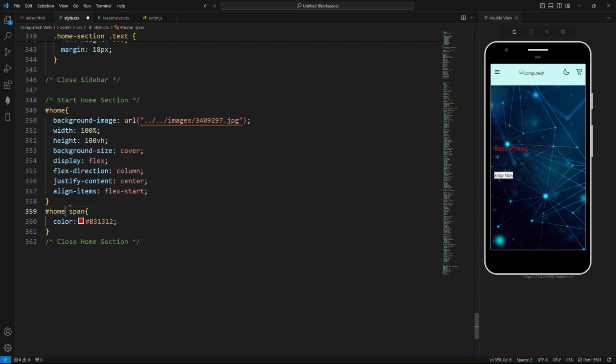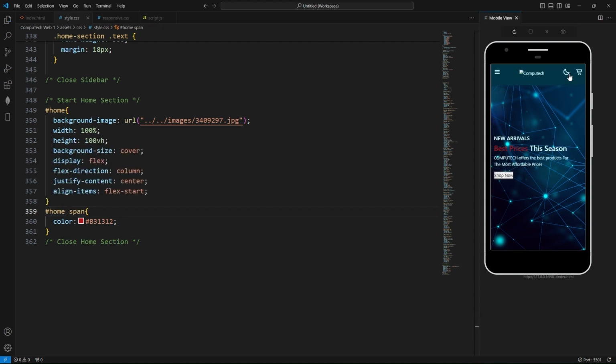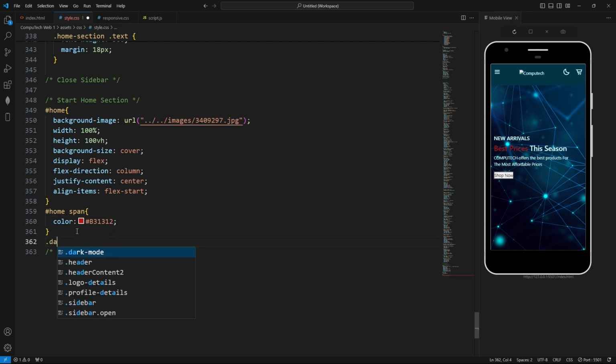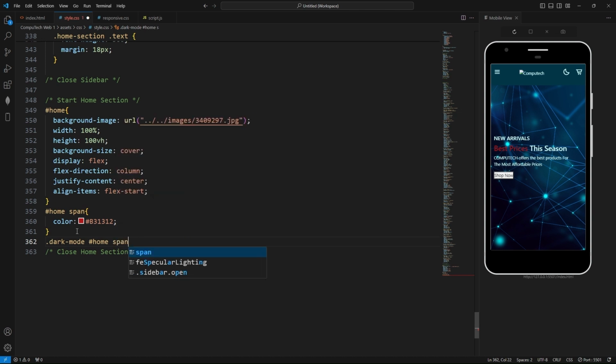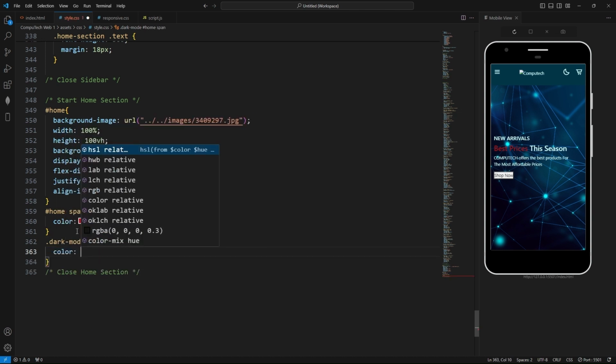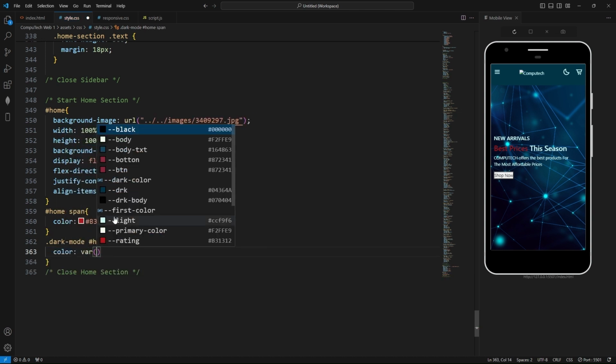Yeah, now the span color has worked. Now in dark mode, this home span color is variable light,